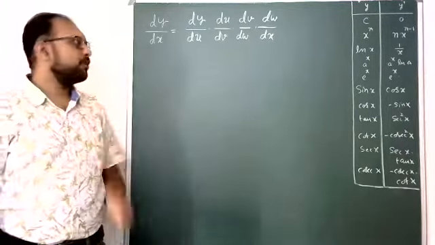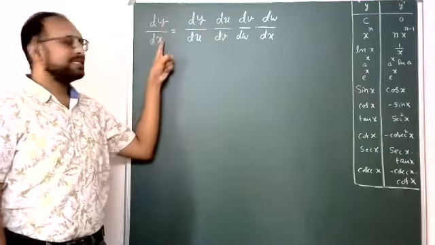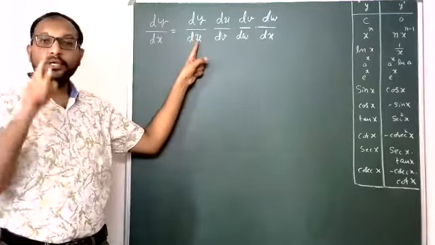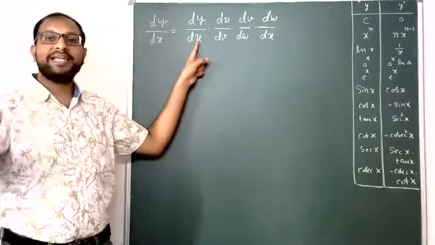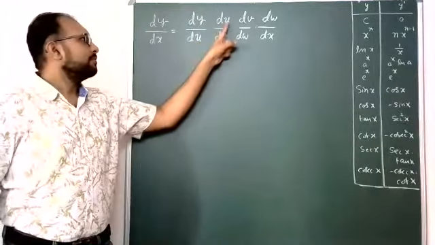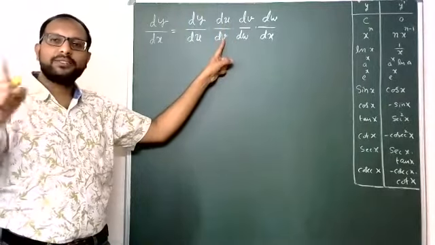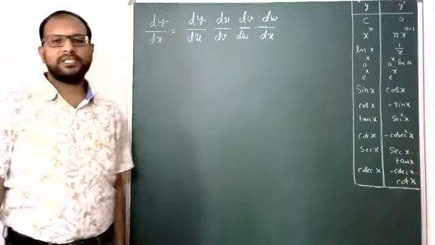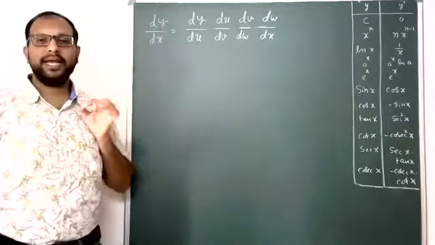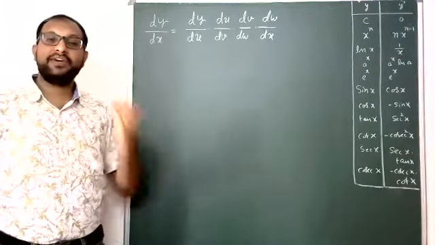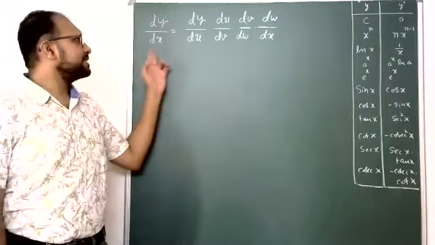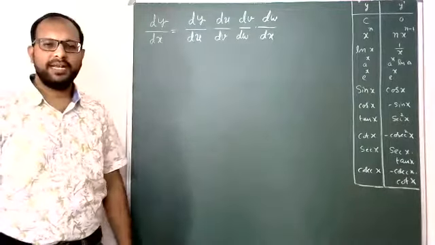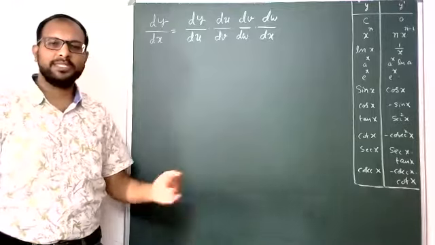But now the logic, please understand: dy by dx is our main target, that I am writing as dy by du. Here u is again a function in x only. v again a function in x only, w again a function in x only. It means one function y I am writing in terms of different other functions also. Yes, this is the chain principle. To understand this, first I will tell one small example, and after that, more difficult examples also.